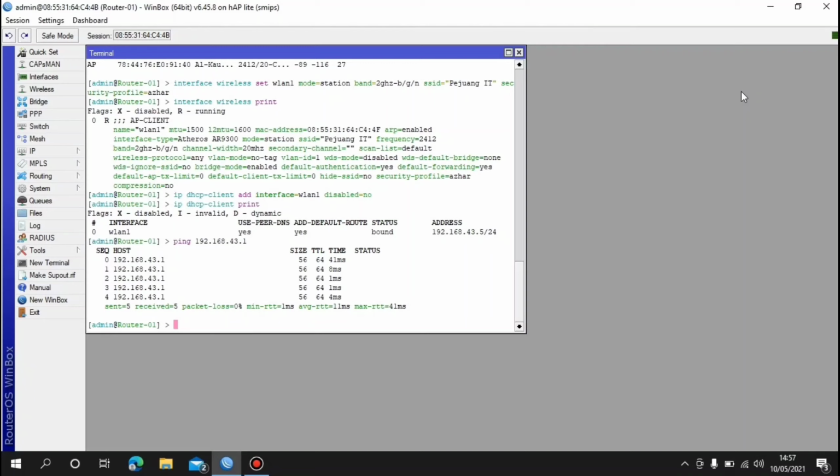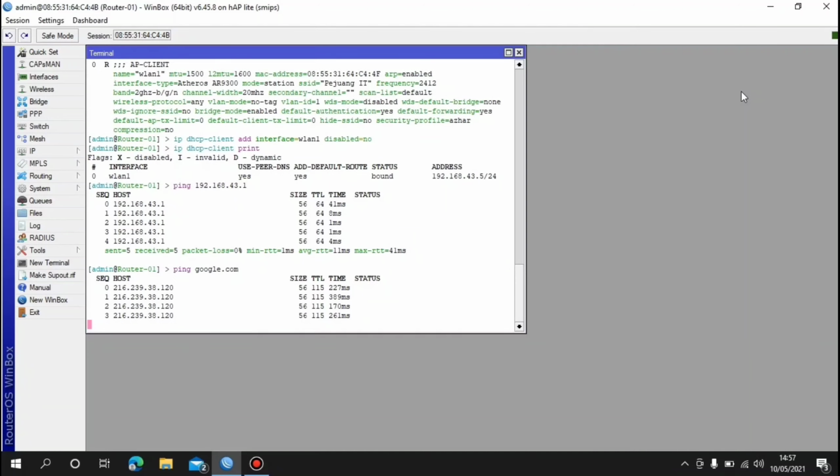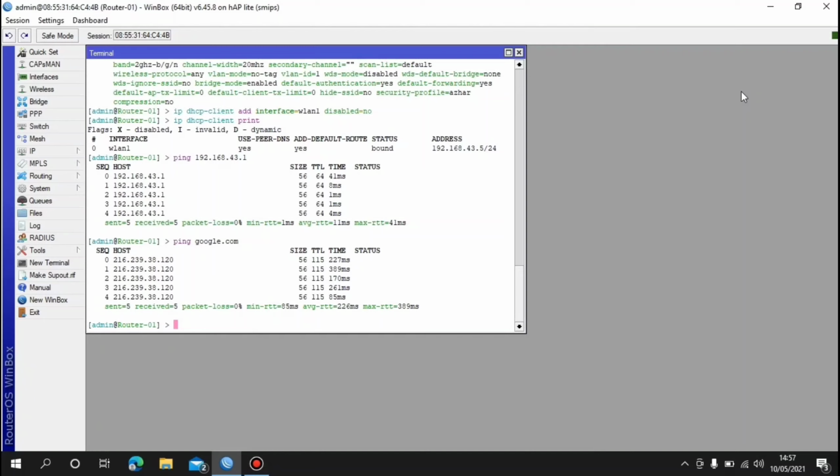And then do checking by pinging google.com to make sure the router is connected to the internet with the command ping google.com and enter, and we can see the result is reply, which means the router has been connected to the internet.